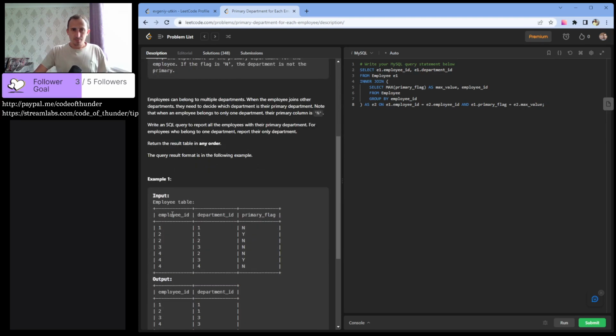We got a table: employee ID, department ID, primary flag. Some employees are presented one time in the table, and some employees are presented more than one time. And for those there are different primary flags.